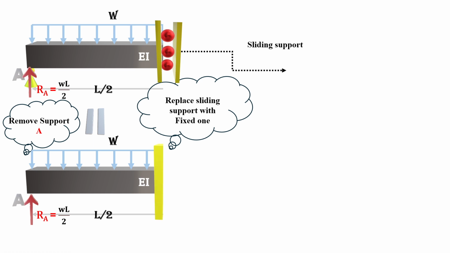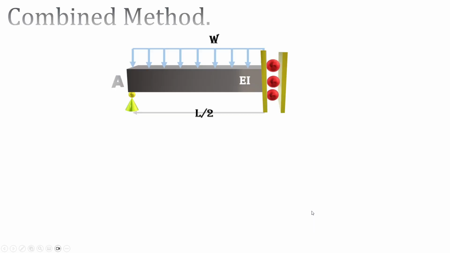Now we have a cantilever beam with two kinds of loading. That's why we call it a combined method. We have replaced our sliding support at the center by adding support A to the center and releasing A. Now we have a cantilever beam with the concentrated load of R sub A, WL over 2, at its free end A, and the distributed load of W along the entire beam. So that's why we call it